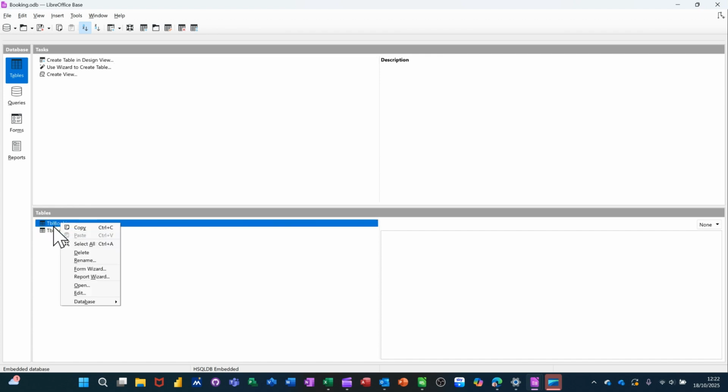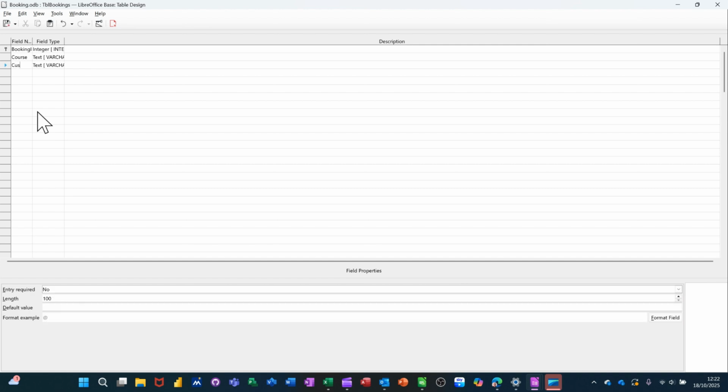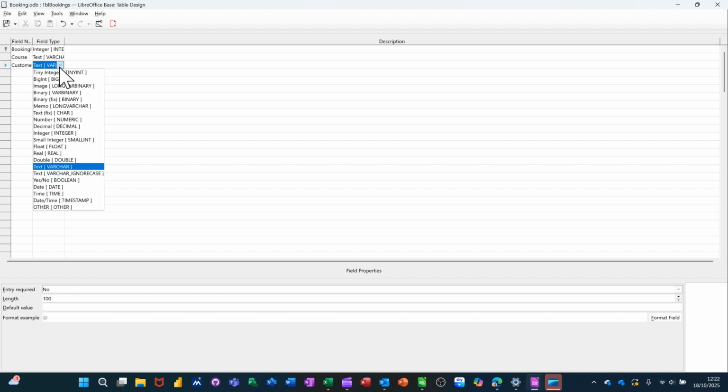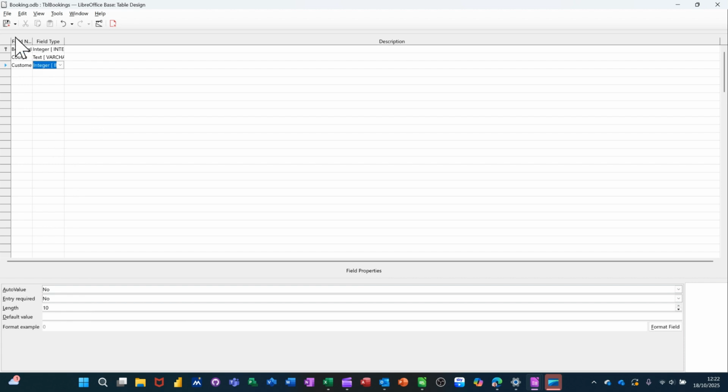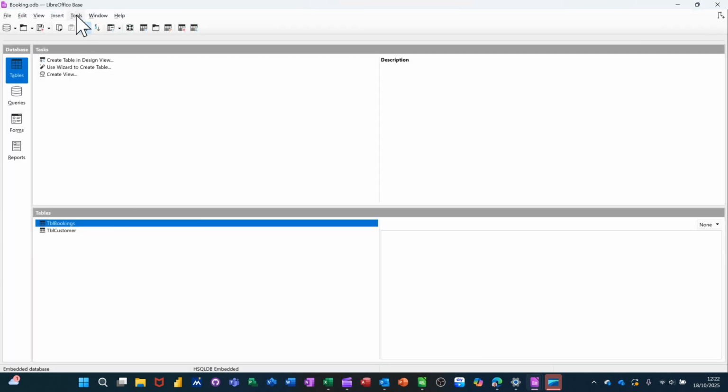If I just right click on that and edit, what I need to do is add a field for customer ID, because that's going to be what's called the foreign field, customer ID, and that needs to be a number field. If I just tab over and come into there, it wants to be the same data type as the other one. Now I will save that, and then I'll close this down, and I'll go back into that relationship window,